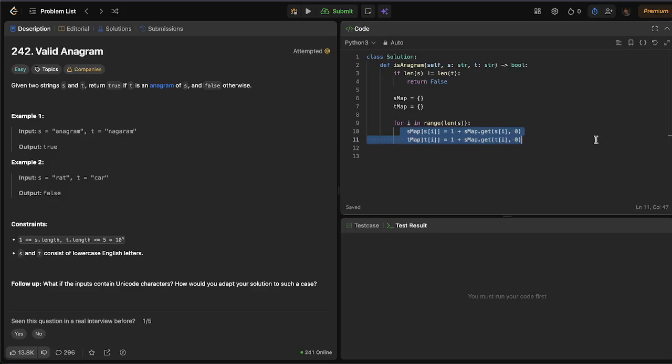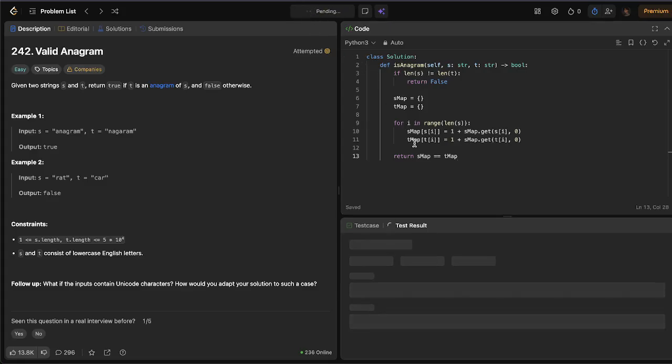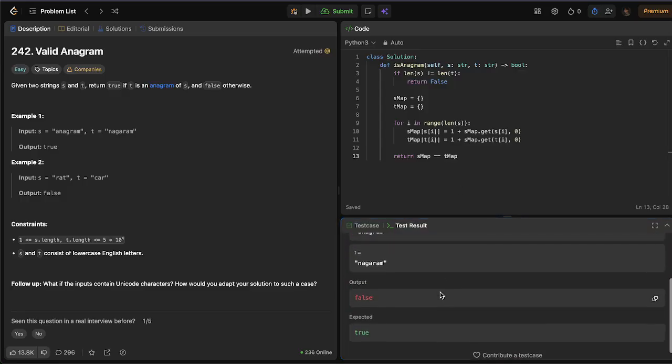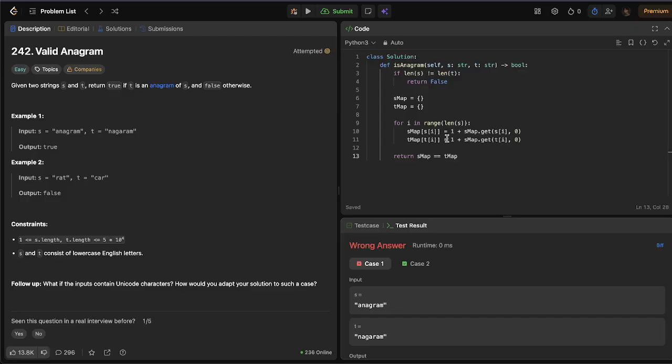After we add these, what do we do? We just return smap is equal to tmap, right? And this should work unless I got something wrong. Did I get something wrong? Let's see. How about you guys debug with me? So, let's see what I could have done wrong. For i in range, length of S. Okay, after we add all of these,